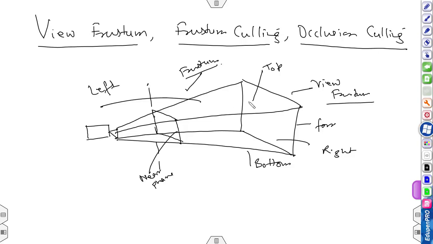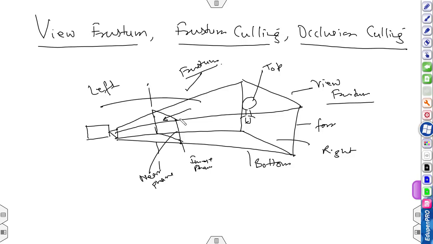Whenever there is any game object inside this view frustum, it will be displayed on this image plane. Actually the near plane is nothing but the image plane, and whatever is inside this view frustum will be plotted or represented in this image plane.